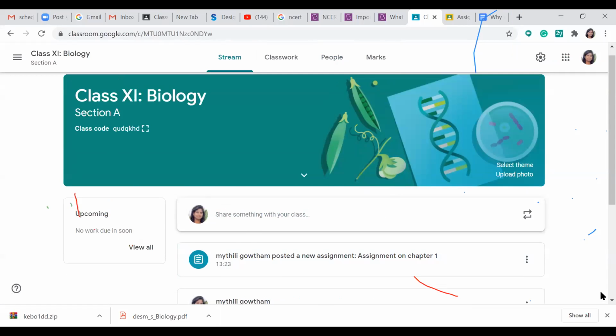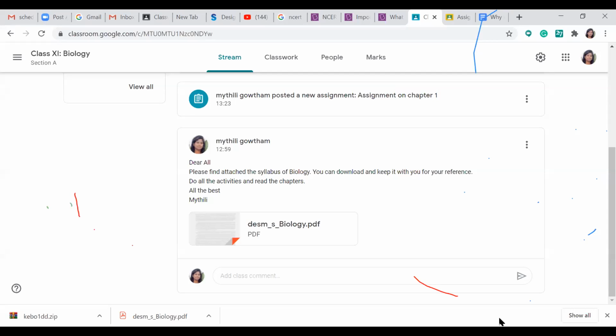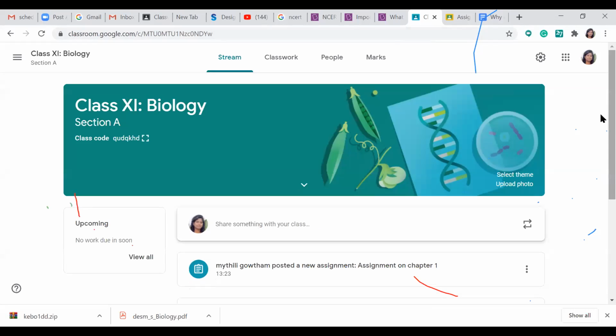Please, if anyone has any question regarding the rubric and all, please unmute your mic and ask. Hello, can I ask a question? Yeah. Is my voice clear? Yes. I want to ask whether some of our students join the class before the teacher. When we make it visible, they just join. Can we restrict the students from joining before the teacher?